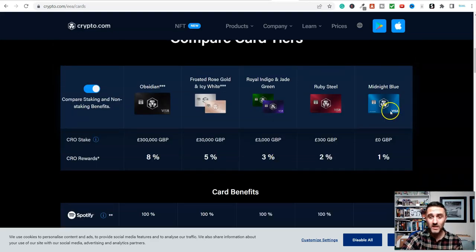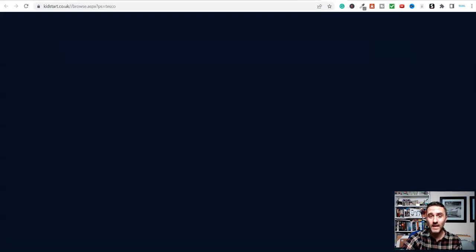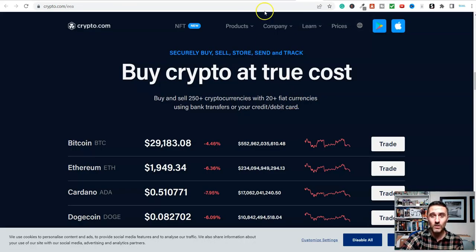But I said this is free, so you can go ahead and get the Midnight Blue card, which is free, and you will get 1% cash back on all of your shopping. And you're also getting cash back from downloading this app over here, or whichever cashback app you're using. So, it's not going to earn you a lot of money, but essentially it's free money, isn't it? Because we're getting paid from Kidstart for using their affiliate link, and we're also getting paid from Crypto.com over here